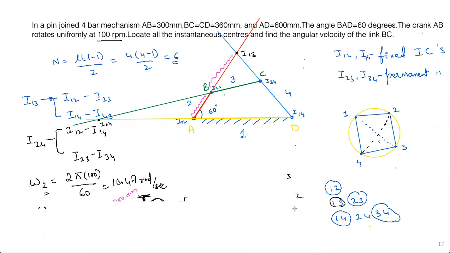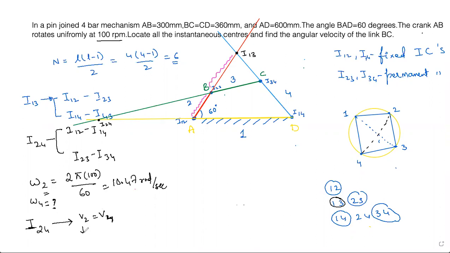I'm just going to remove these things which are over here. So now, what is given? Suppose omega 2 is already there, omega 4 is asked. What is omega 4? So what should I take as the instantaneous center? Because we have 2 and we are asked for 4, take 2 4. If I take the 2 4 instantaneous center, about instantaneous center 2 4, V2 is equal to V4. This is the logic which we are using.